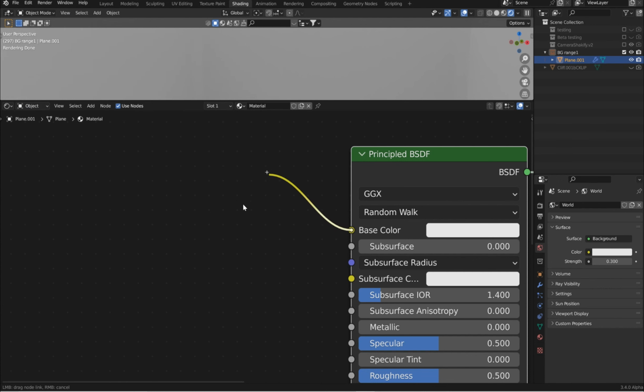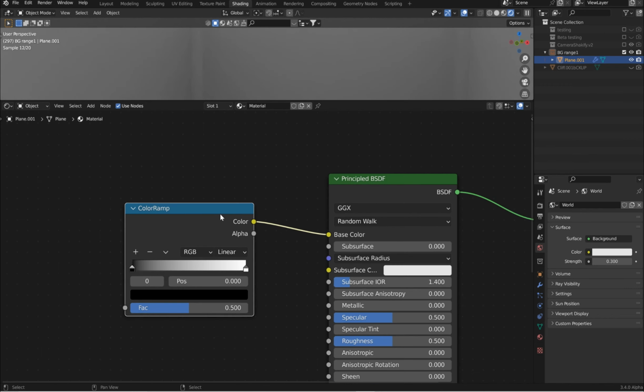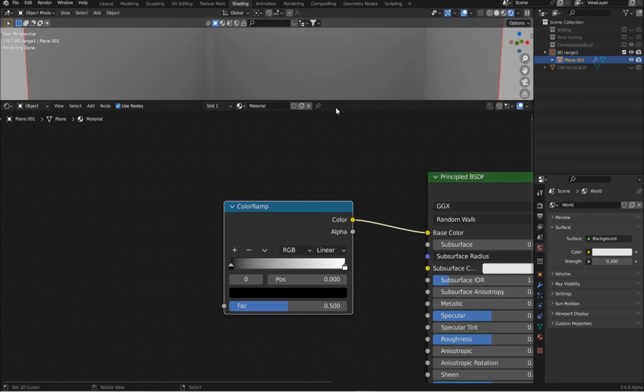So I'm going to take the base color and just drop it out. Type in ramp. And now I've got a color ramp. So there's a few things to know about this. We're going to be working with the ease, so you can switch it. And we're going to be working with distribute points